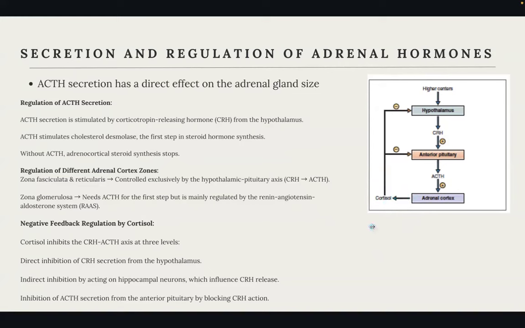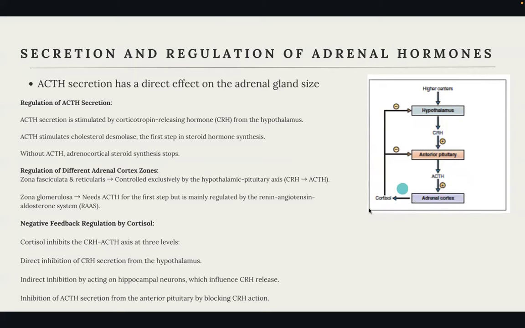But again, the most important here that we are going to be talking about are cortisol and the zone of fasciculata and reticularis function, which is basically cortisol and DHEA. Why is that the case? Because aldosterone has a specific regulation mechanism, which is the RAS system, renin, angiotensin, aldosterone system. You guys are well acquainted with it now after renin. But again, who has the most control or feedback on the pathway of regulation is going to be cortisol